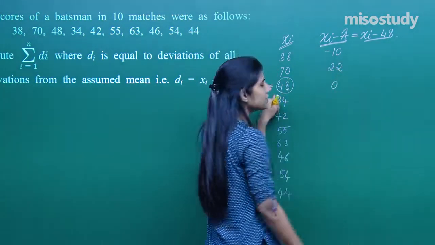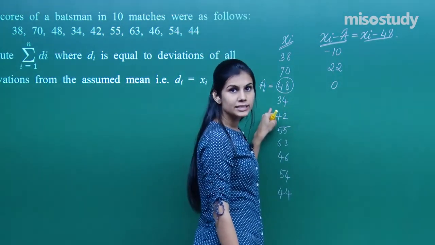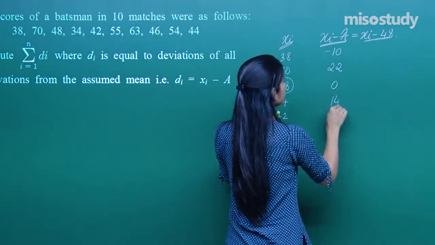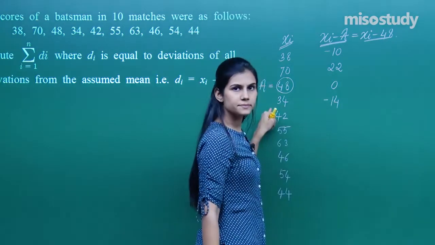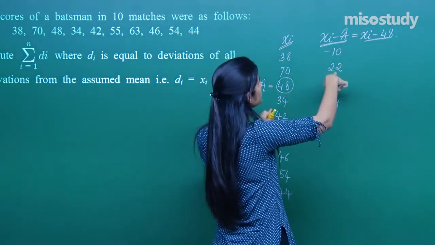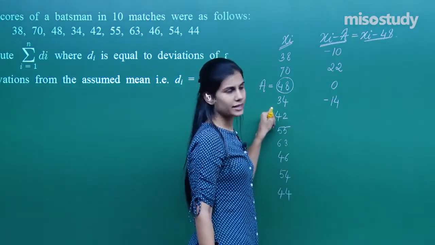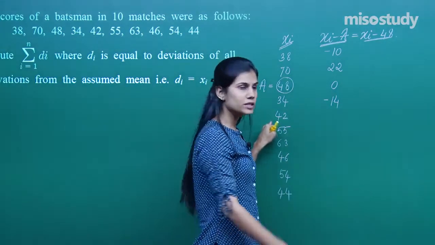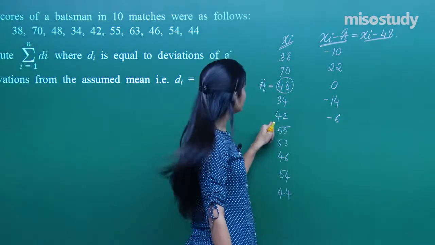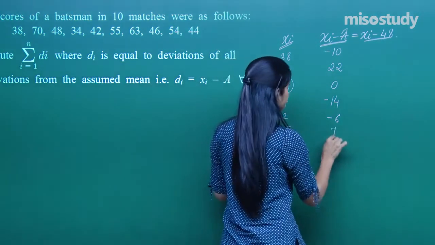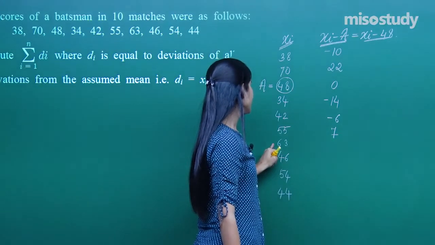48 minus 48 gives me 0. Then 34 minus 48 gives me minus 14. 70 minus 48 gives me 22, 48 minus 48 gives me 0, 34 minus 48 gives me minus 14. Then 42 minus 48 gives me minus 6, 55 minus 48 gives me 7, then 63 minus 48 gives me